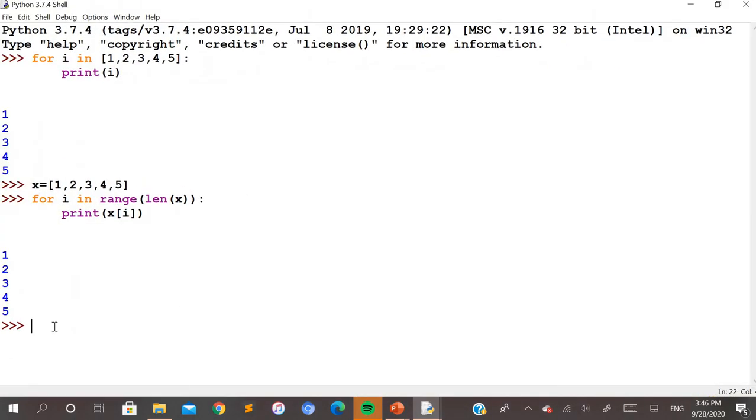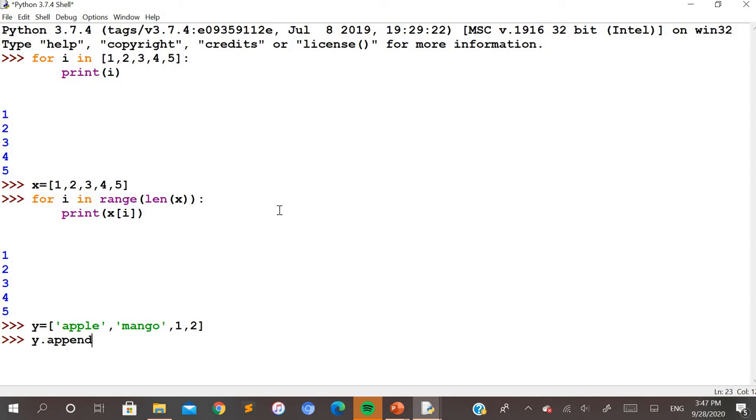Create a list, y is equal to, randomly I add a few elements here. So this is the list that I have created, y. To this y, I just want to add one more element using append.